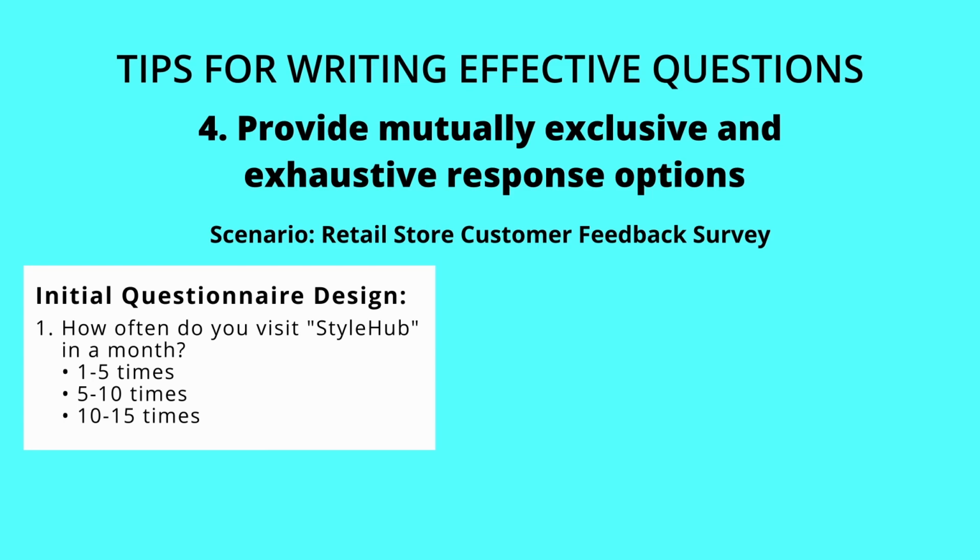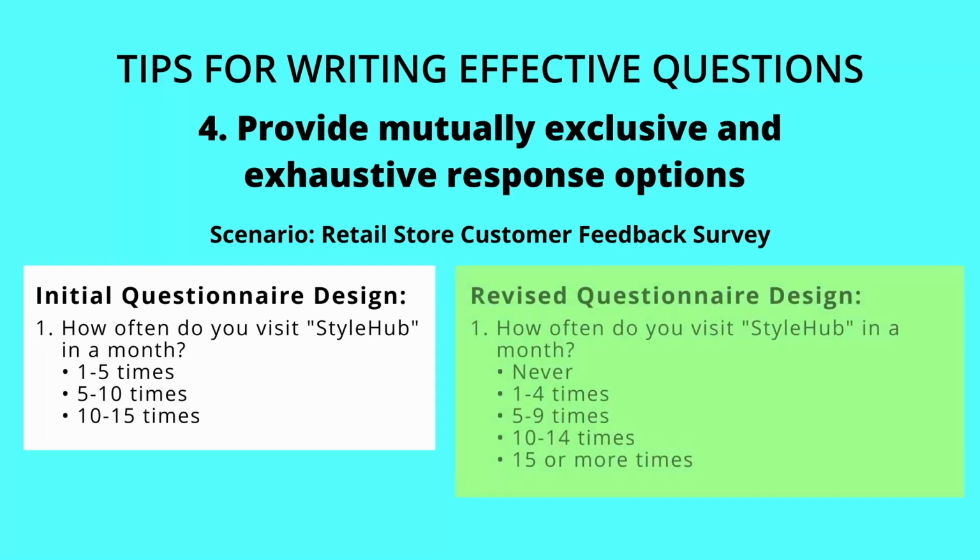To eliminate ambiguity and ensure comprehensiveness, the question was restructured. How often do you visit Style Hub in a month? First option, never, then 1 to 4 times, 5 to 9 times, 10 to 14 times, and 15 or more times. By adjusting the response options to be mutually exclusive and exhaustive, Style Hub was able to get accurate data